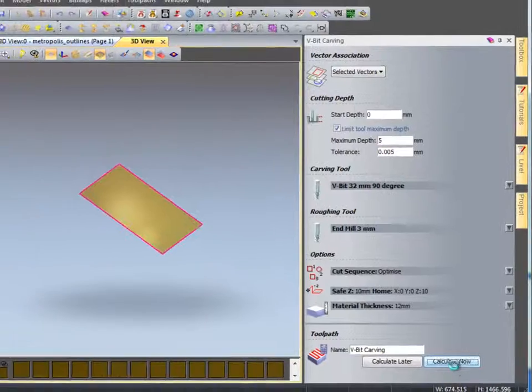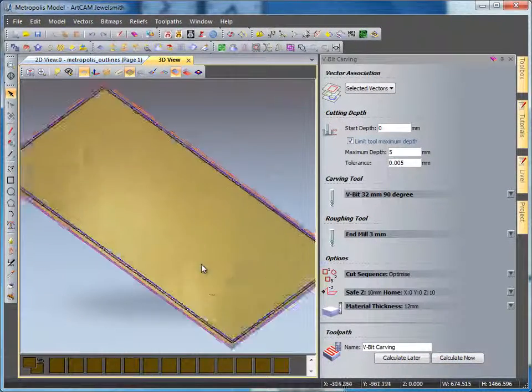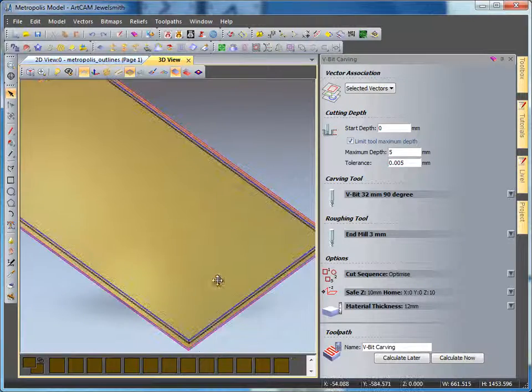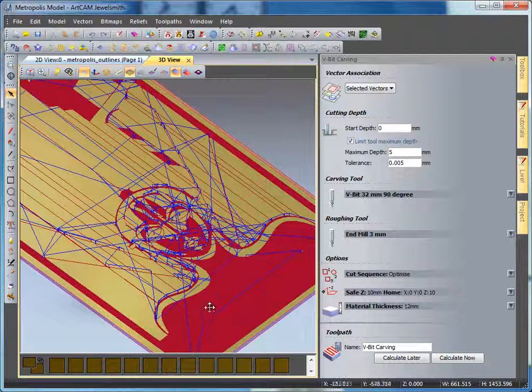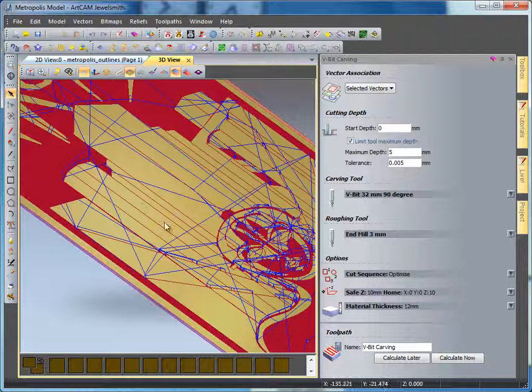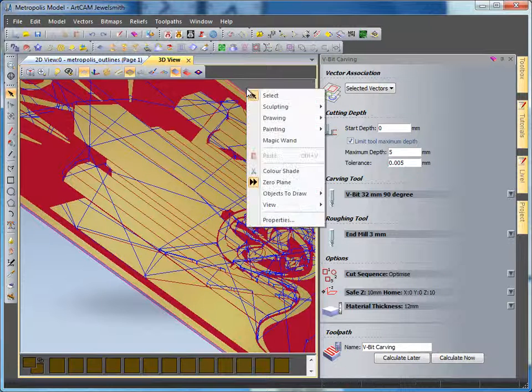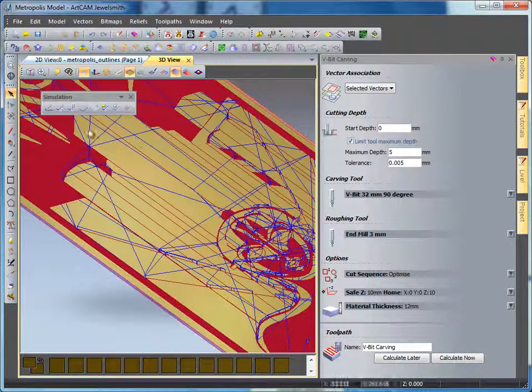So if I just calculate this, we're going to see that if I zoom in, first of all the area clearance end mill tool's gone in, and then the V-bit tool has just gone around and profiled around my design afterwards. If I open the simulation control